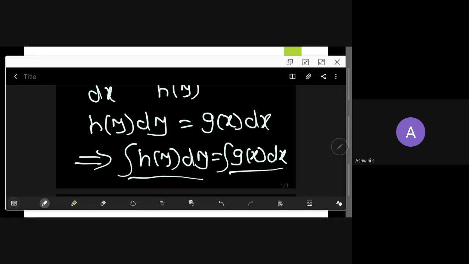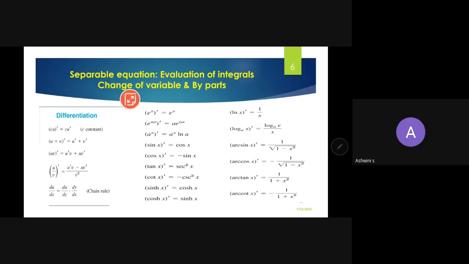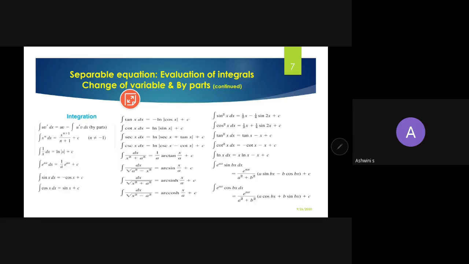There are only two fundamental techniques that are useful to evaluate single integrals. One is the change of variable idea, and the other is integration by parts. These two are widely used techniques to evaluate integrals. In order to use those techniques, these two tables are used. A quick reference for all these rules is given in these slides.